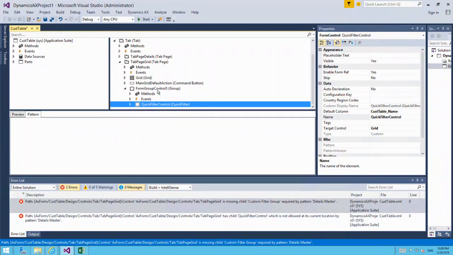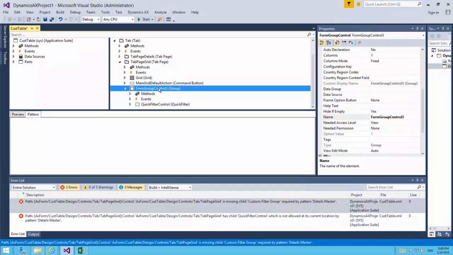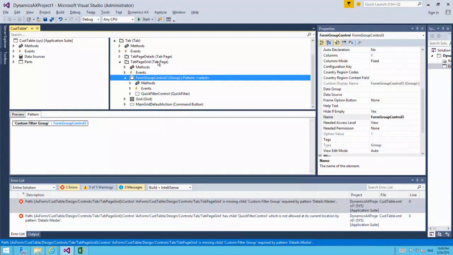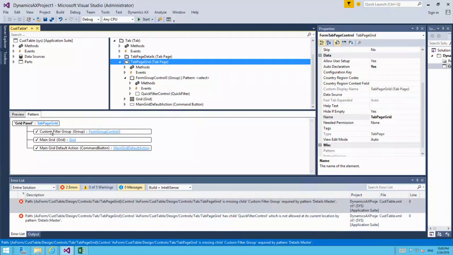So you could have done this manually, you could have created a new group, you could have dragged it in, trying to save you a little bit of time. And so we'll move this guy up. And you'll notice that, hey, now the pattern's happier. We have those check marks next to each part in the pattern that's saying, hey, it's finding the things I want. I'm happy